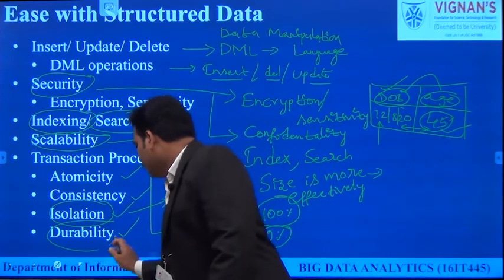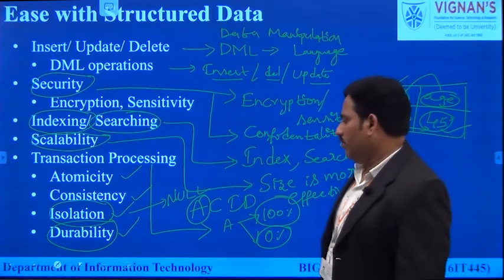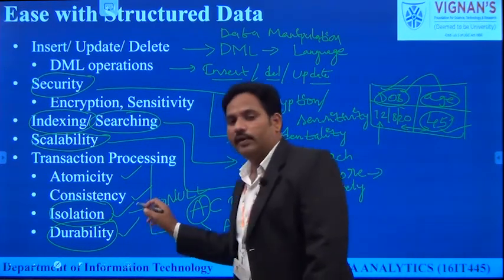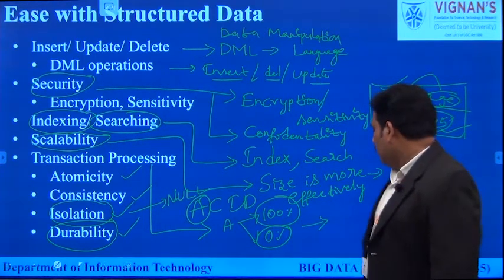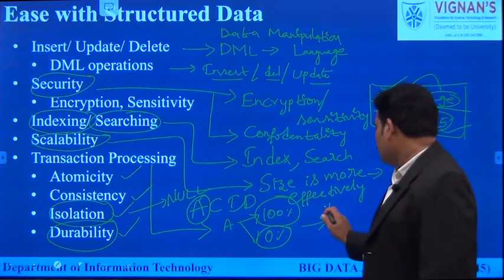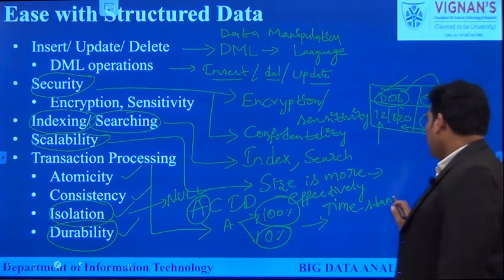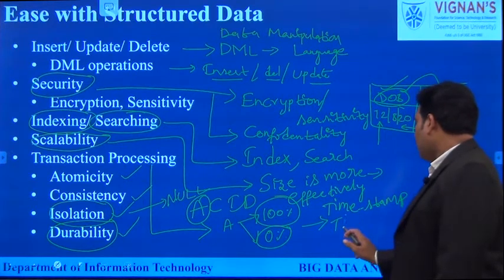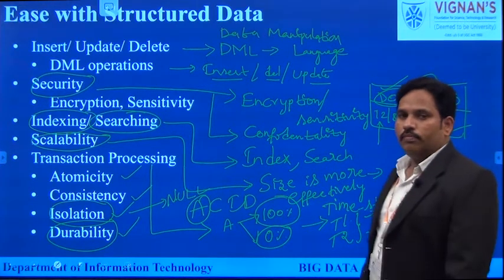Now durability. Durability indicates how long the data is going to be in a live status or live condition. That means for every data there should be an end period. Let us have a look. When we are performing a transaction in a banking environment, completion of the transaction will have a timestamp. There is no transaction which is going to be executed in an infinite amount of time. That means every transaction will have a specific timestamp; the start of the transaction and the end of the transaction should be reflected and stored properly.